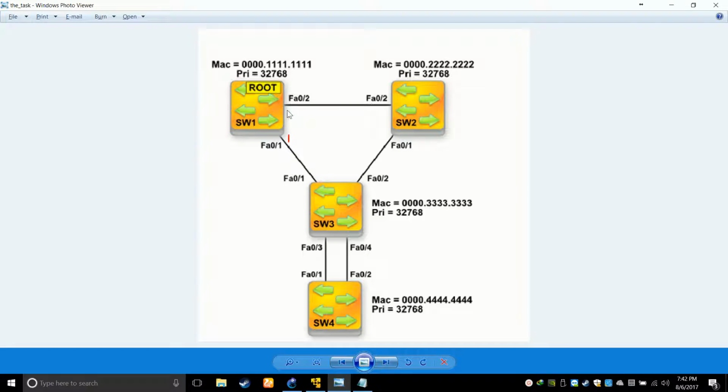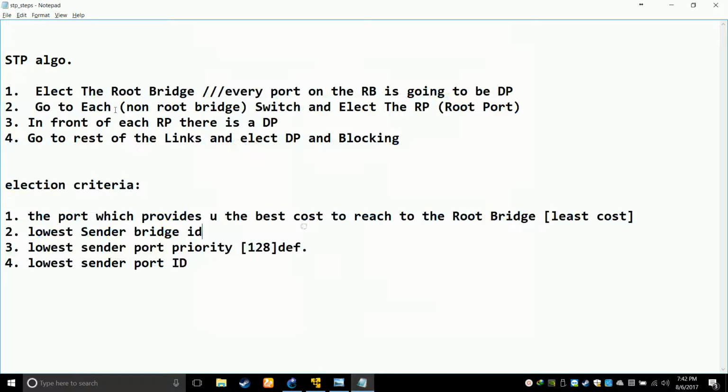And for the easiness of the task, I have already done the very first step in this topology. The very first step is always to elect the root bridge. The root bridge is going to have the lowest bridge ID. What is bridge ID, what is root bridge and everything I have discussed previously in my basic spanning tree lecture, the basics of spanning tree. In the link description I'll put the links of all the 3 previous videos, and this is the 4th video on spanning tree protocol. So elect the root bridge, the bridge having the lowest bridge ID.